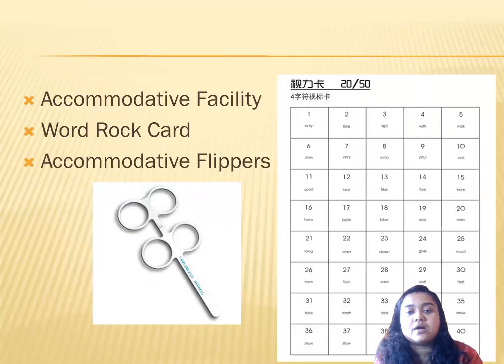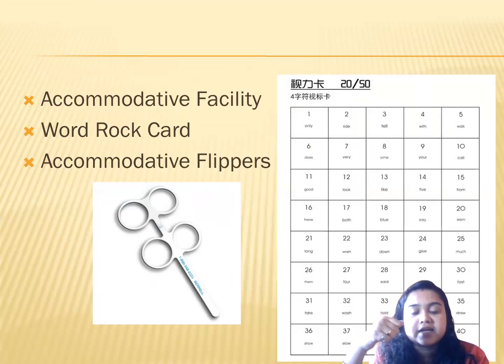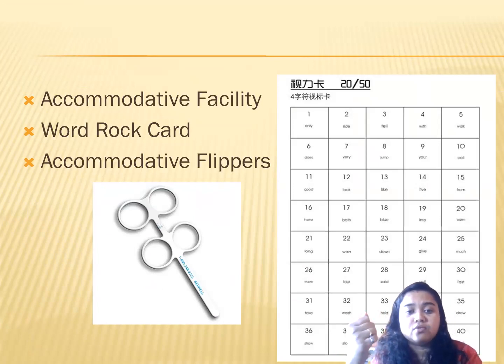So this is a Ward-Rock card. You can see there are some 40 targets, which are basically letters. The patient has to hold the flipper like this in front of his eyes and put his stopwatch on, and then he has to do this exercise at home once we find any kind of accommodative infacility. Also we can use this Ward-Rock card while testing accommodative facility.